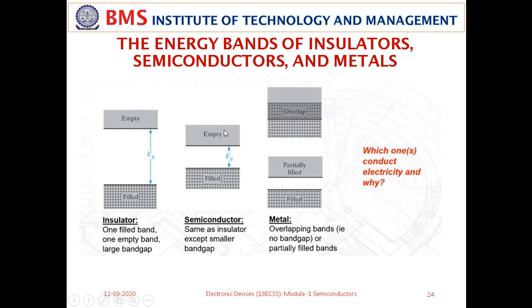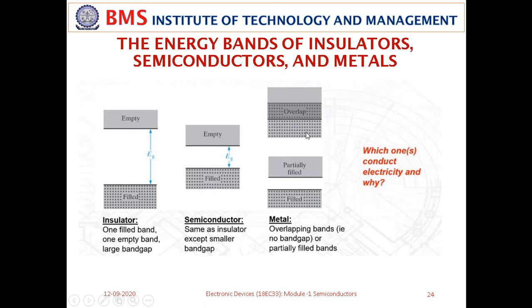So this energy band diagram is almost the same as the insulator, except for a small forbidden gap, in the semiconductors. Look at the last one, the metal. The energy band diagram of metal has two cases here: one with the valence band and conduction band overlapping, and another with a small distance between the valence band and the conduction band. You can see the overlapping bands, so there is no band gap in metals.